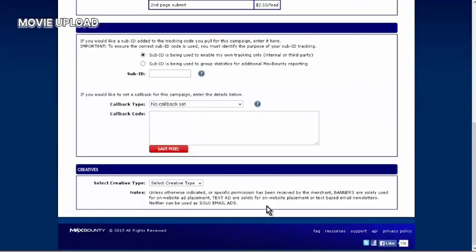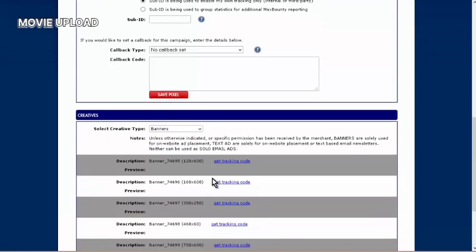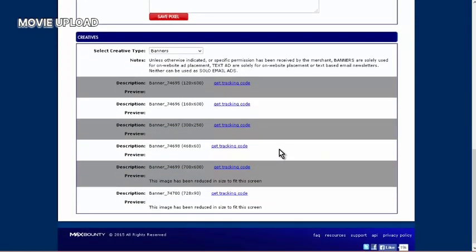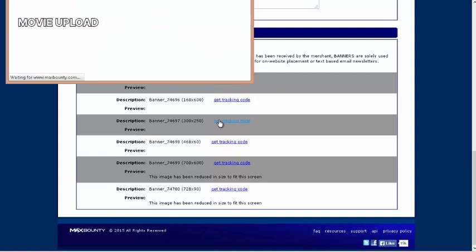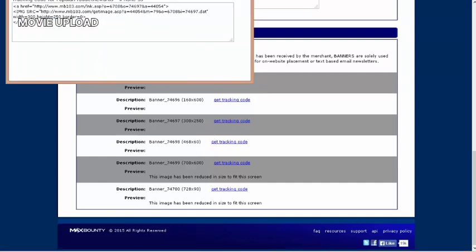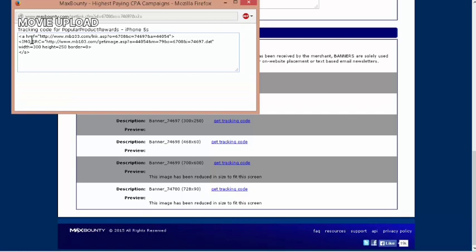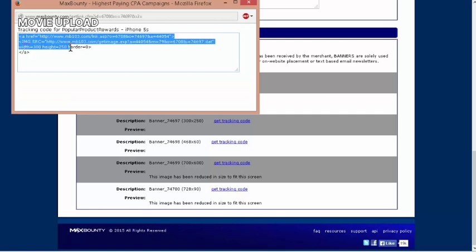Okay, so down at the bottom we can select the creative type. So a banner or a text links. Let's go to banners. So there's a 120 by 600, 160 by 600. So just pick the type that you want here. I'm going to go with a 300 by 250 and get the tracking code. And then I can just put this on my site. So copy